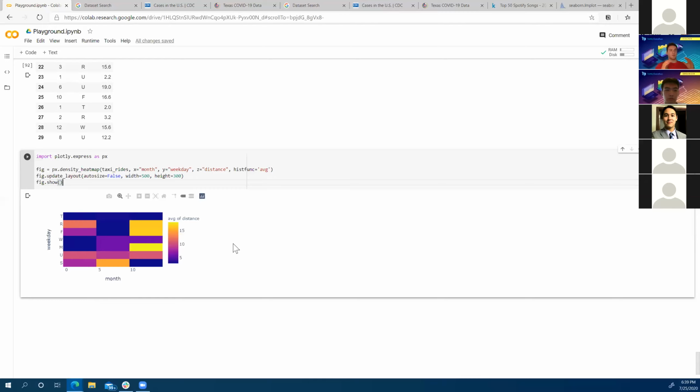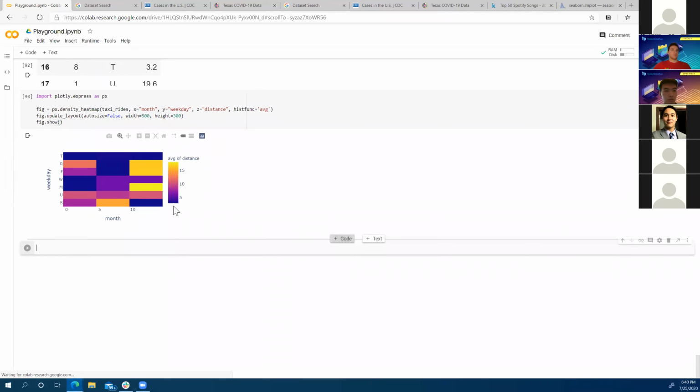But in general, if both of your variables are ordered, so your weekdays are ordered, your months are ordered, they're useful for finding clumps or little visual centers of activity. So if you're looking at a heat map, in this case I was looking at Thursday and Friday as two days that are close to each other, right? So this is the end of the week and both of them have a high number. That might mean that towards the end of the week, more people are taking long cab rides than otherwise, right? So that might be a relationship that we look for inside a heat map.